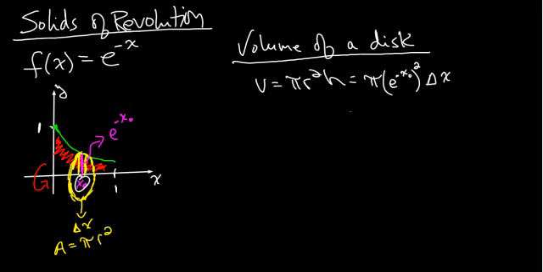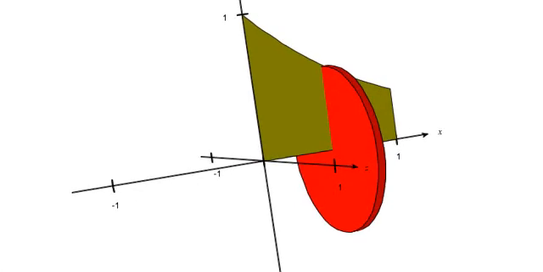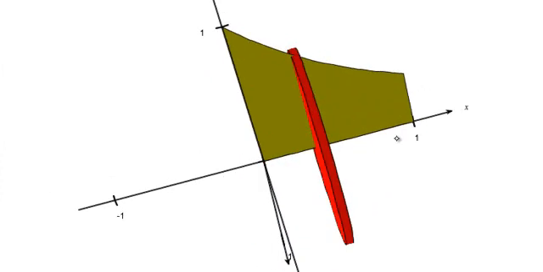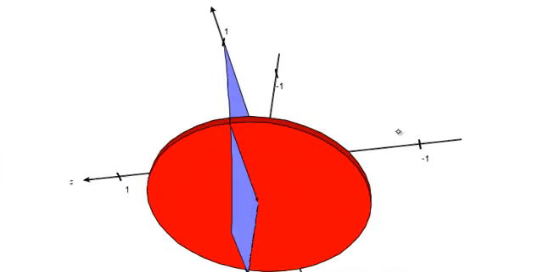So this equals pi e to the negative 2 x naught delta x. And again, if we do that at every x coordinate,